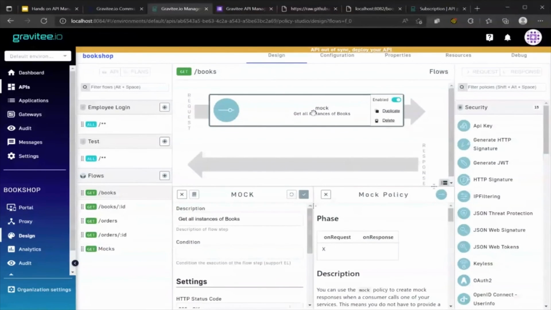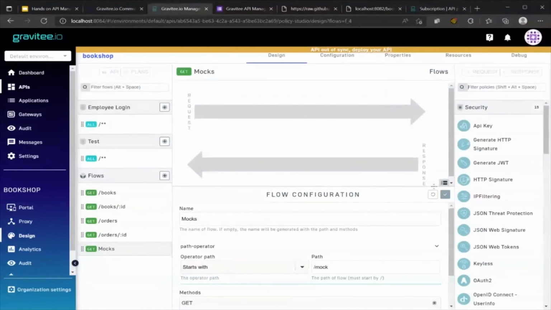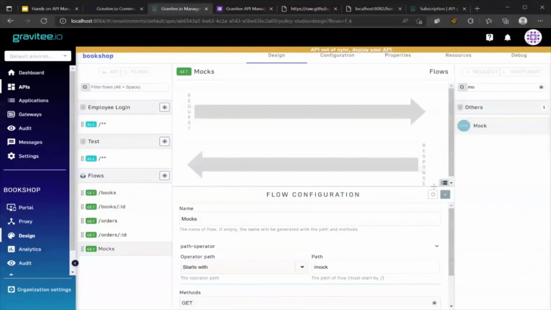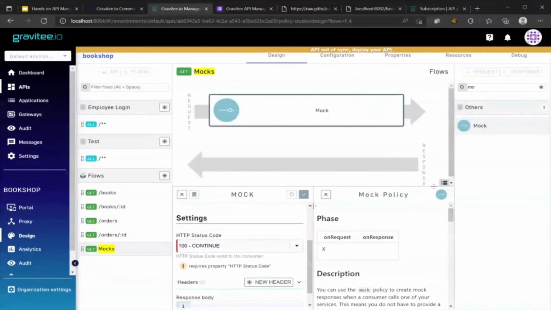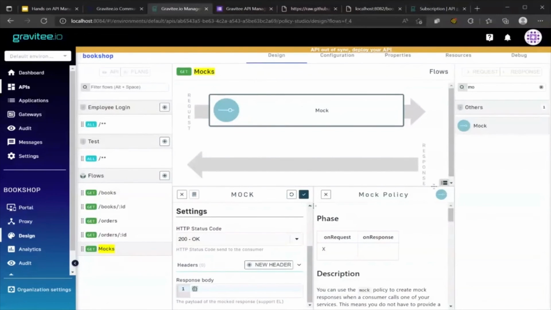I think I've already pressed endpoint. I think I need to add an extra one. That's this one, mocks here. I'm now going to add a mock policy on here. I'm just going to put anything in here. So I'm just going to give this a 200. And my response body is just going to be